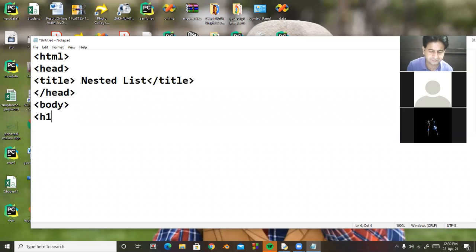H1, align equal to center, states of India, and then I close H1.